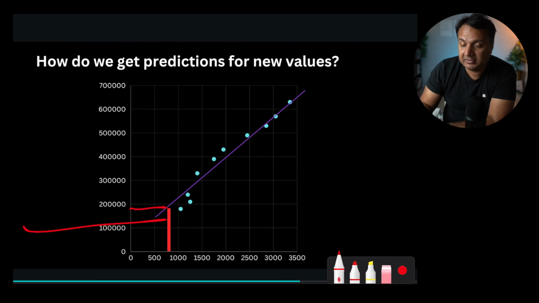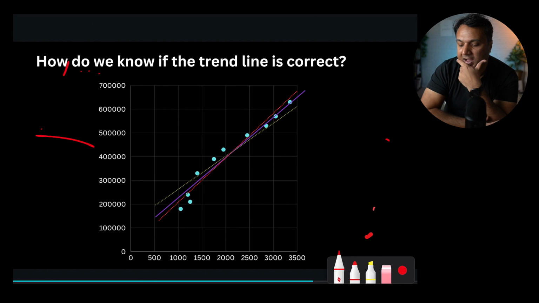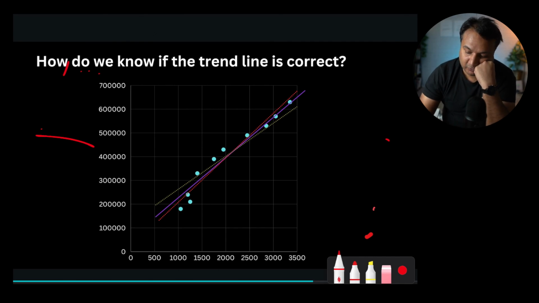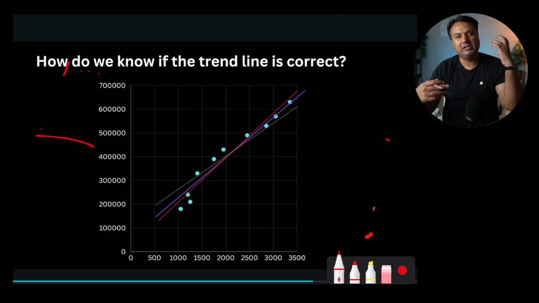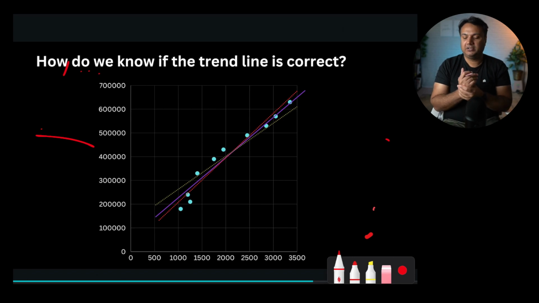Now, once you have used it to find new values, the next question is, how do we know if the trend line is correct or not? Because when you look at it, there are many possible trend lines. Maybe someone would have it as I had it in purple, or in red, or in yellow, and there are many more. So how would we know which trend line is actually the correct one?